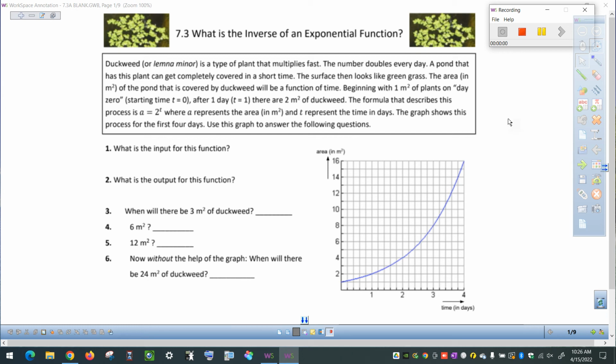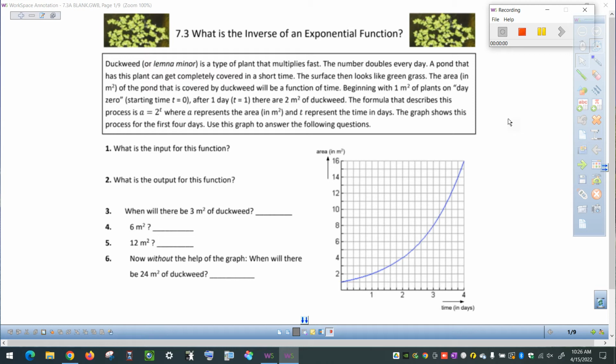Moving into 7.3 today, we have been talking about exponential functions. We've seen how we can represent growth and decay, connecting to real-world stories. We've seen how we can graph exponential functions. Today we're going in a little different direction, and we're going to be looking at the inverse of an exponential